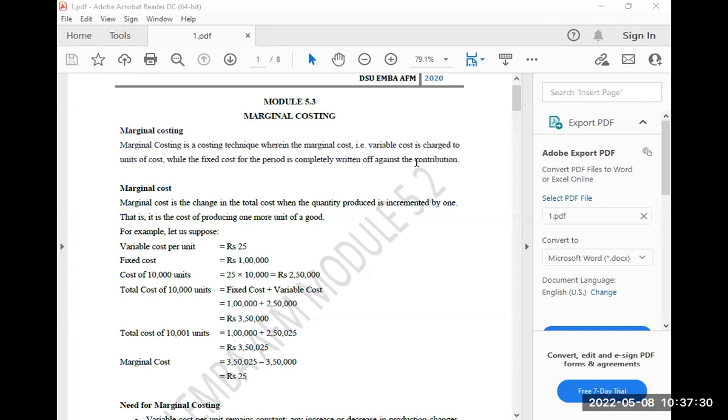So what's the marginal cost here? 100 rupees of marginal cost. So marginal cost is nothing but the extra or additional or incremental cost to produce one more additional unit of existing production. Having understood marginal cost, that is marginal costing, by applying this principle we are trying to find out some important aspects, called break-even point. If you are going to start a business, or you are already in the business,